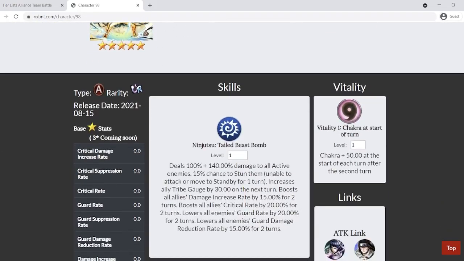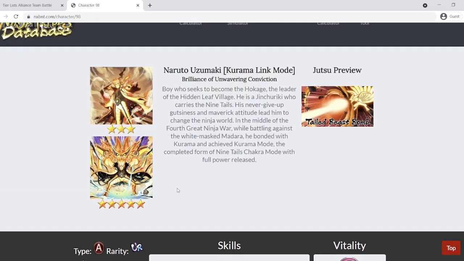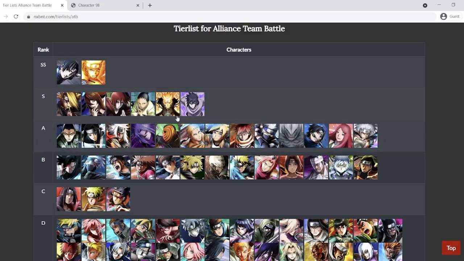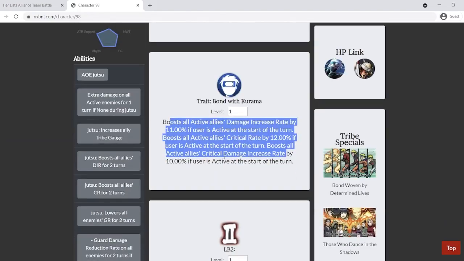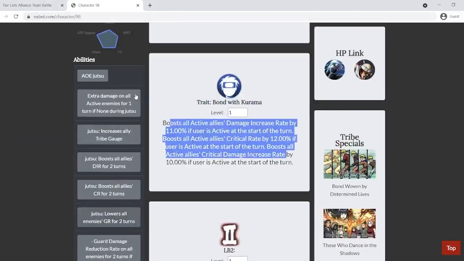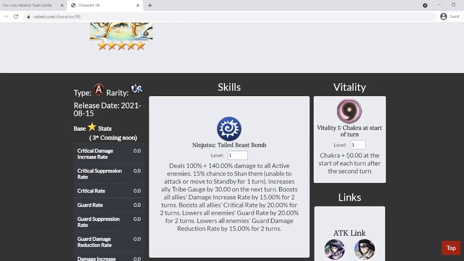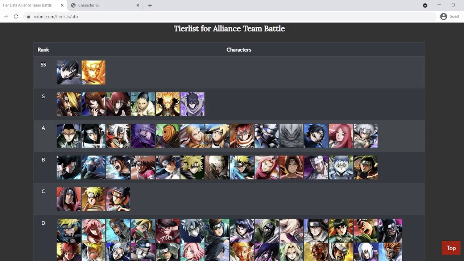We needed an allied tribe gauge buffer that also provides other utility for your team offensively, and the other characters that I mentioned before just don't do that as well as he does. That's why if you have him, you really want to put him on your team in place of the other tribe gauge boosters, and just keep in mind the vitality, so he's not going to be able to jutsu in spirit